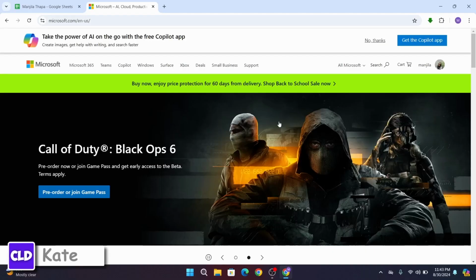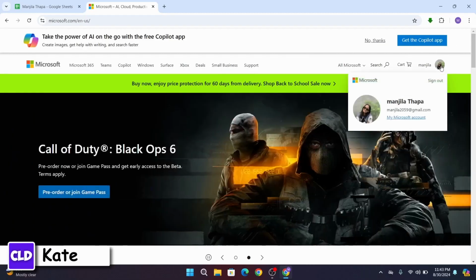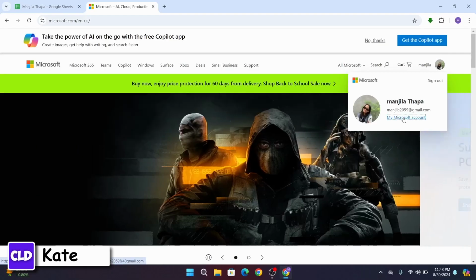First of all, you have to open up Microsoft.com in any web browser that you prefer. After that, you have to log into a Microsoft account. Now once you're logged in and you get to this home page, navigate to your profile icon from the top right corner and click on there. From this drop down box, click on this link that says My Microsoft Account. That's going to take you to the next page